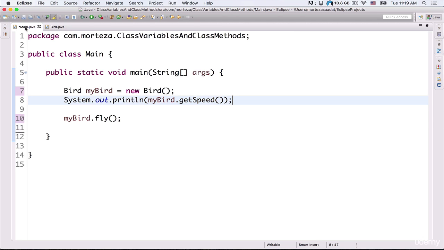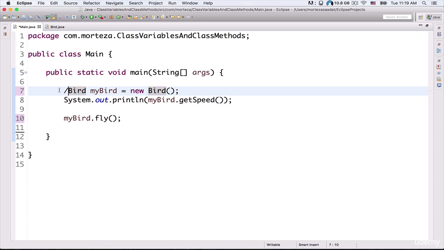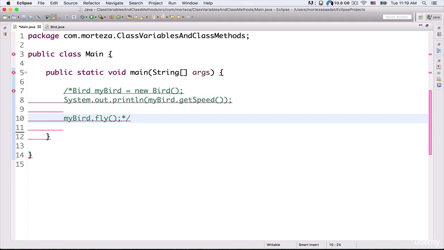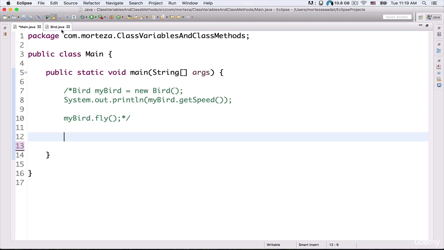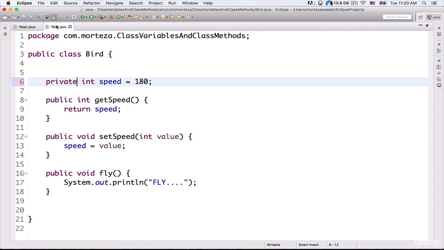Okay, so now let me actually show you some real examples in order to make this concept more meaningful for you. So first, let me actually comment out these lines of code here. Okay, and now inside the bird class here, first let me actually change this private access modifier to public. Okay, and then we need to put the static keyword here after our access modifier in order to make this instance variable a class variable. Okay, static